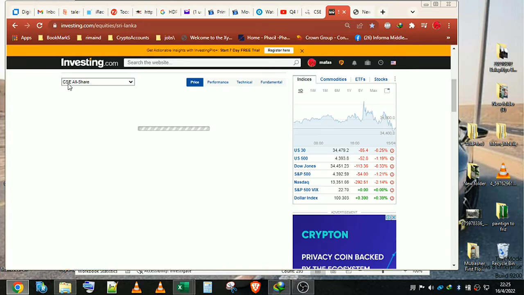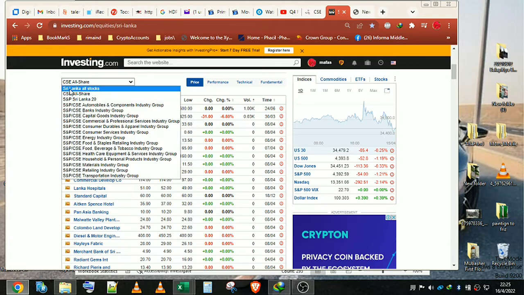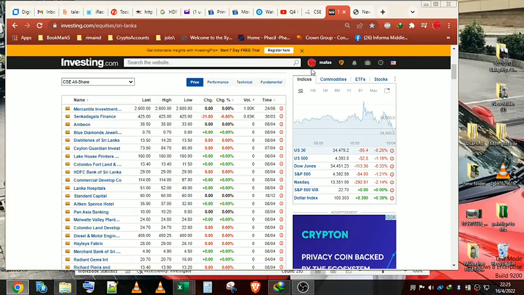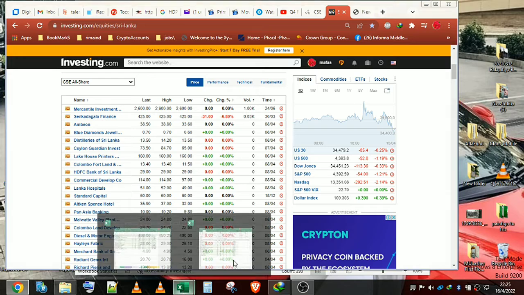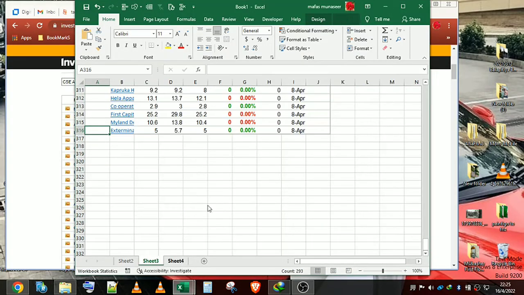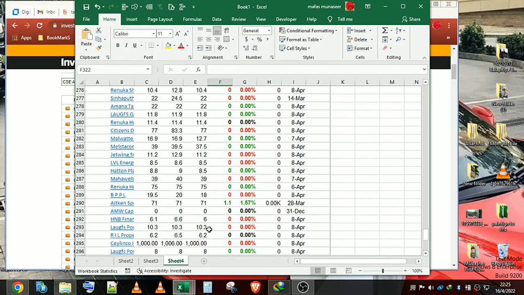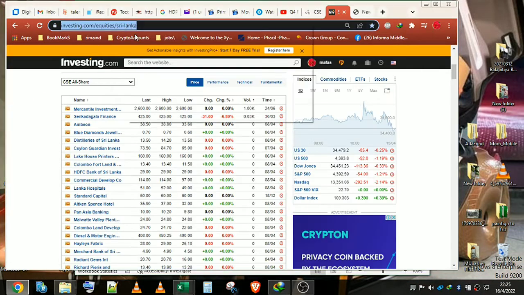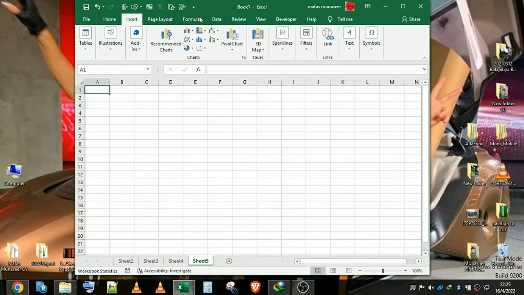Not the CSE all shares, I need to get by default the CSE Sri Lanka all stock like that. For that I need to change it from here, small module like that. For example, I'm going to open another sheet, again copy, in data,